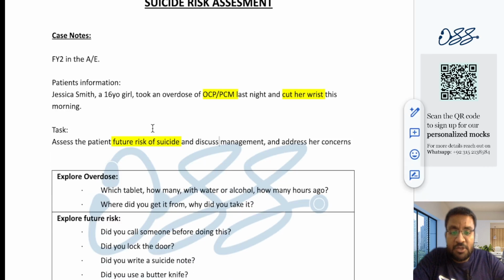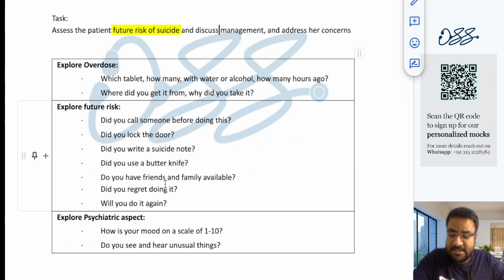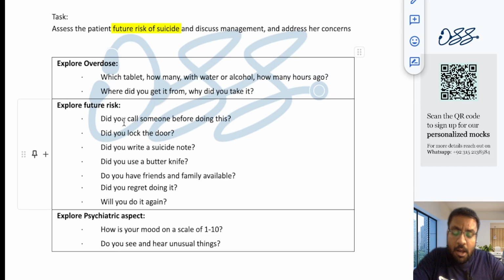Okay, so the counseling aspect is there, the advice aspect is there, the medical management and addressing the concern aspect is there, but the most important thing that you need to do in this station is basically assessing the future risk of suicide, and that is what your task is as a psychiatry doctor. Okay, or as someone who is aware of the psychiatric issues. Okay, so let's just discuss the layers, and let's just discuss the structure that we need to follow in this particular type of station. Okay, now the very first thing that you need to do, okay, is number one, you